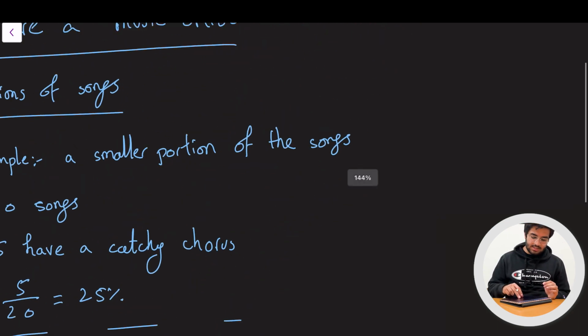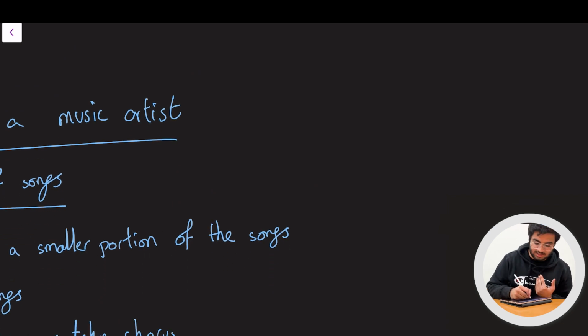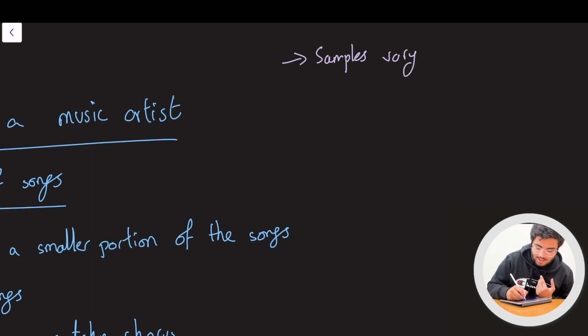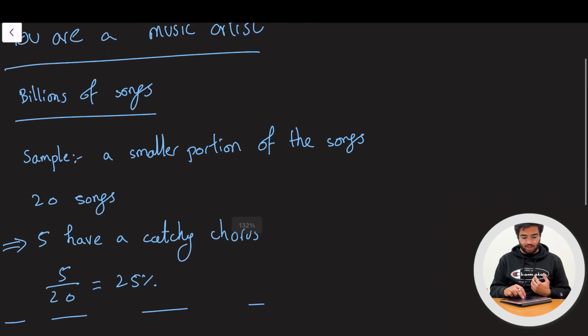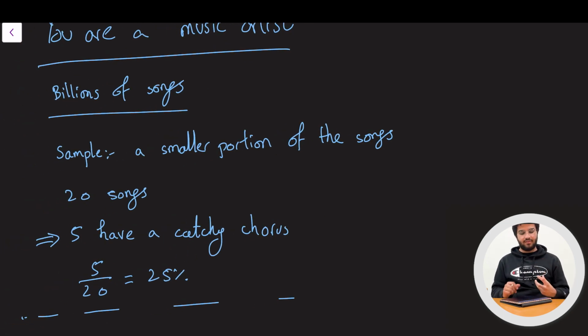Now this is a key thing about statistics: samples vary, and there is almost nothing you can do about it. The one thing you can do to reduce the variation is to increase your sample size. So think about it. If you have 100 songs and you do 5 of them, it may not be a good indicator of the actual 100. But out of the 100, if you do 99 of them, probably a very good indicator, right?